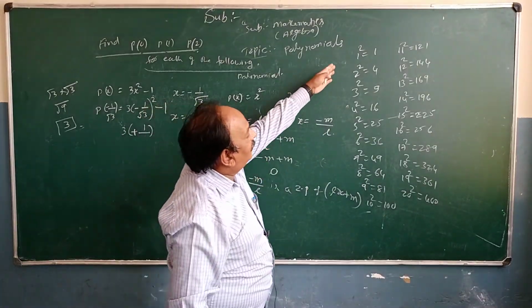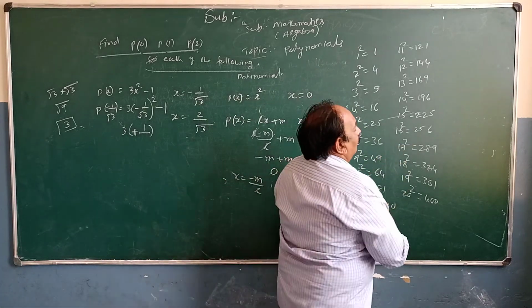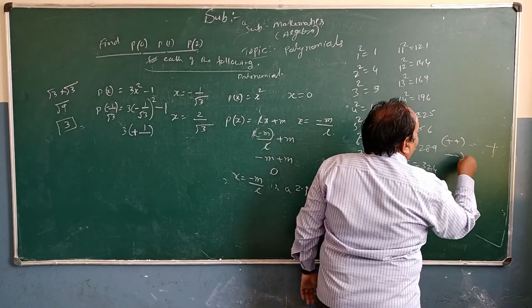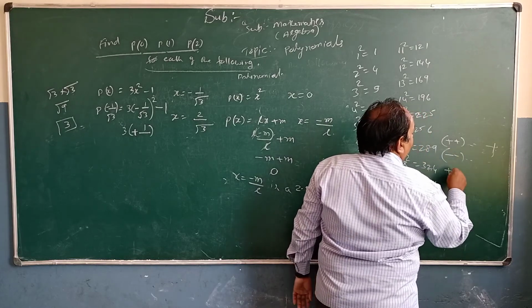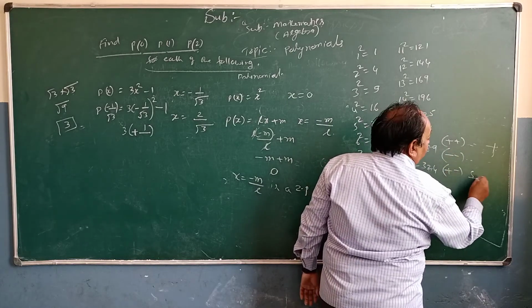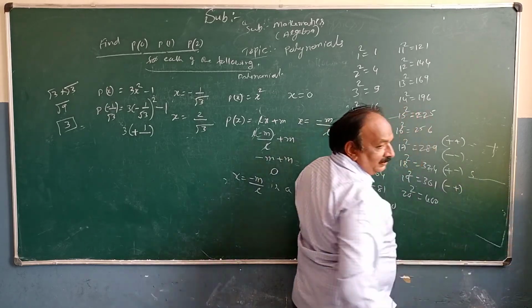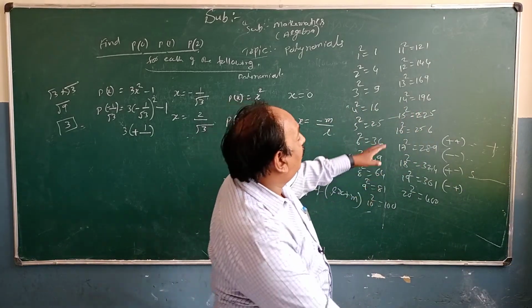20 squares. There are rules for signs: when both are plus, add and write the plus sign. Both are minus, add and write the minus sign. One is plus, another is minus: subtract, write the greater number's sign. Minus and plus, subtract and write the greater. That is the basics of mathematics.